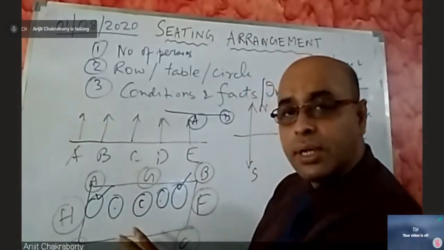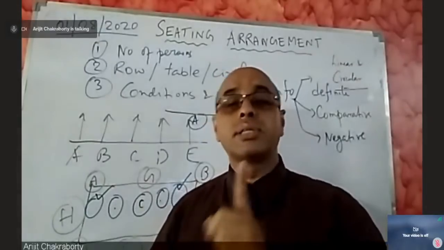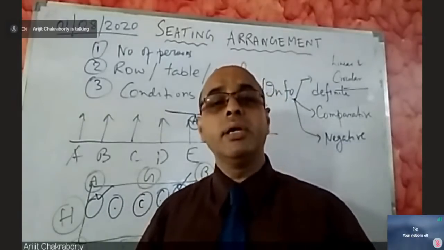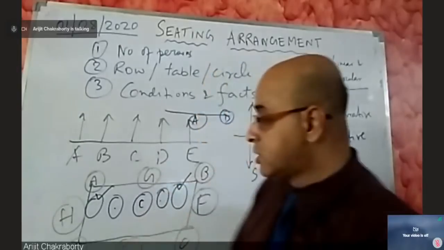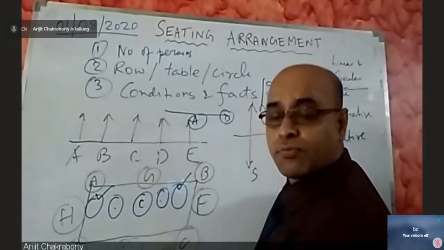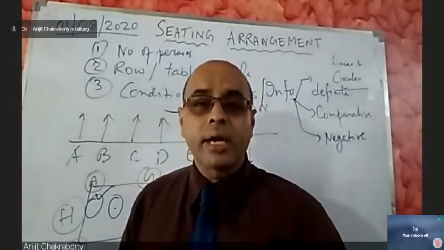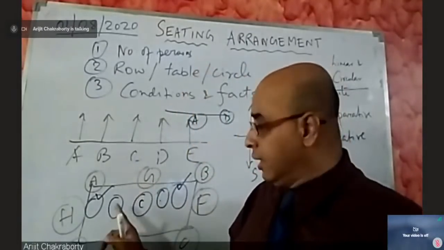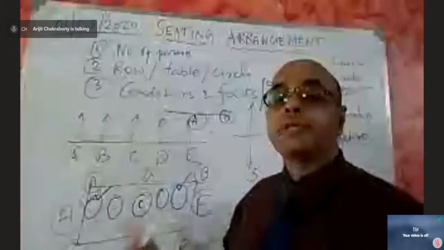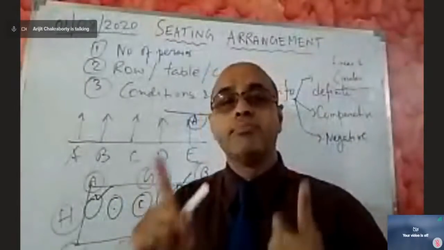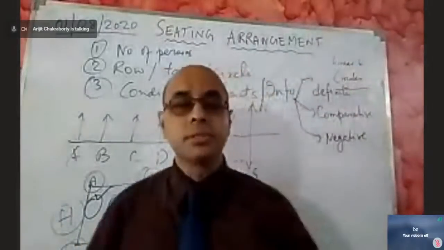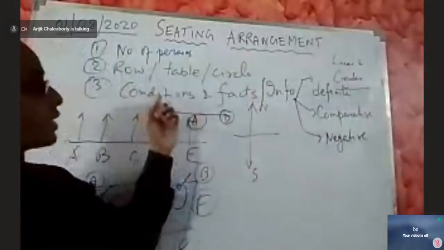Like here I give conditions that you have to make them sit in such a way that C will occupy the middle position. Okay, I am giving a further condition that A will not be an immediate neighbor of C. That means A cannot sit beside C, either on the left side or on the right side. So from this information, you can easily make out that since A cannot occupy the adjacent seats, left side and right side, the options for A is either the first one or the last one. So in this way, dear students, we have to make use of the facts, the conditions and the